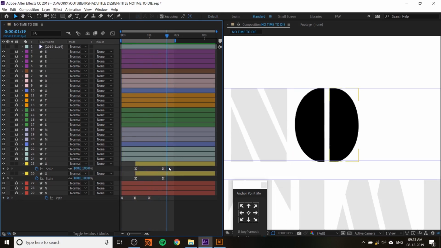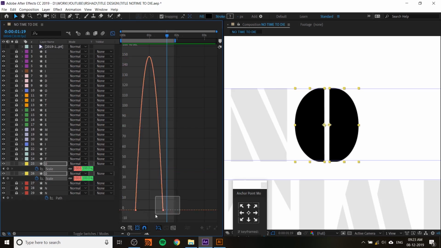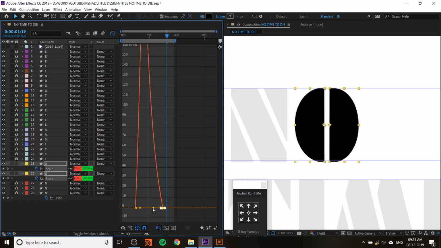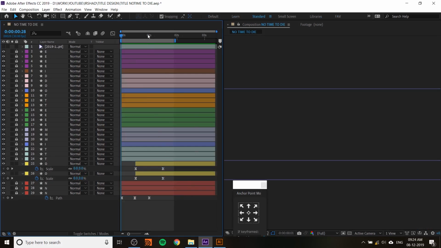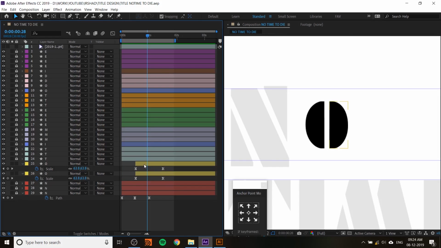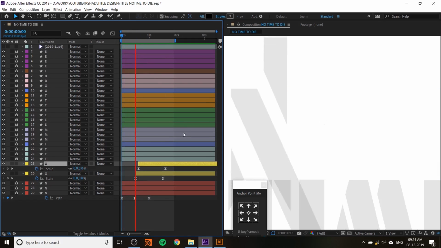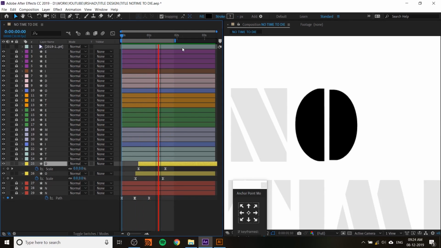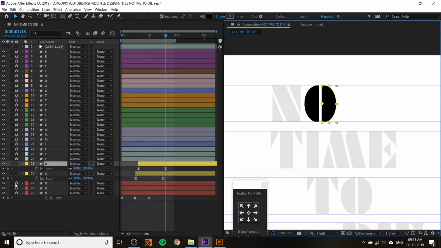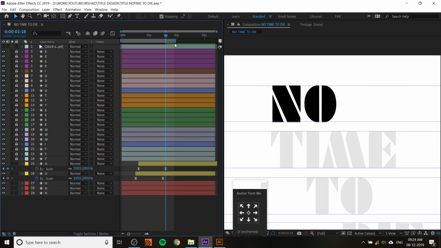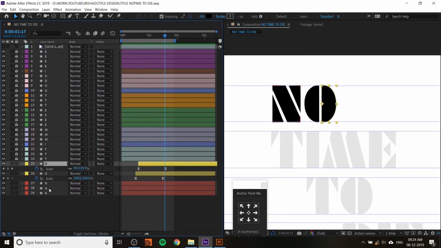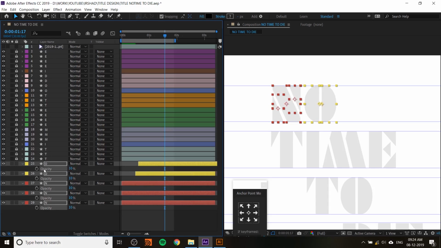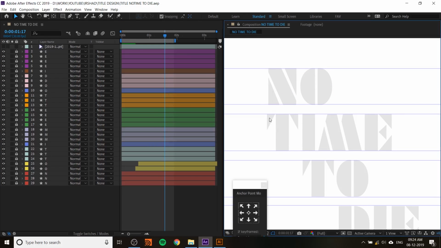Now change the graph editor like this, and you can change the timing of the second one. So just move the layer a little bit forward. Anyway, see, first the left one will come, then the right one will come. Increase the opacity to 100 for both. See, you can check the animation. Now these are the techniques. It's very simple. Now let's see how to animate this T letter,